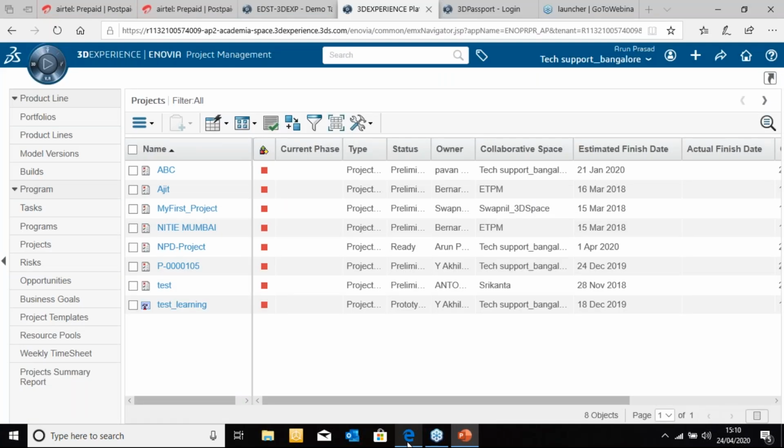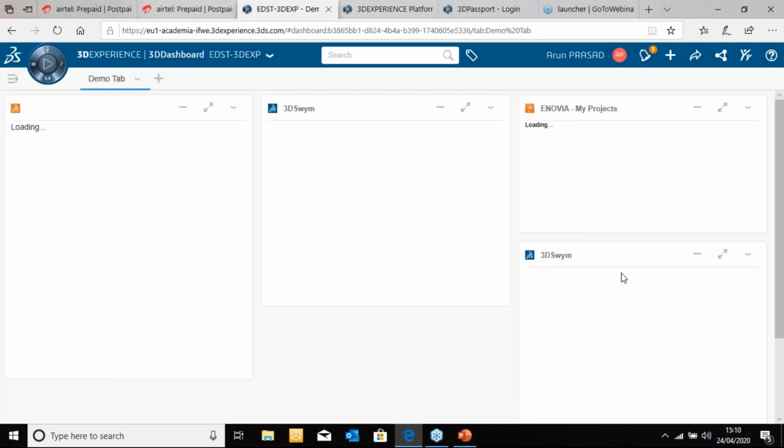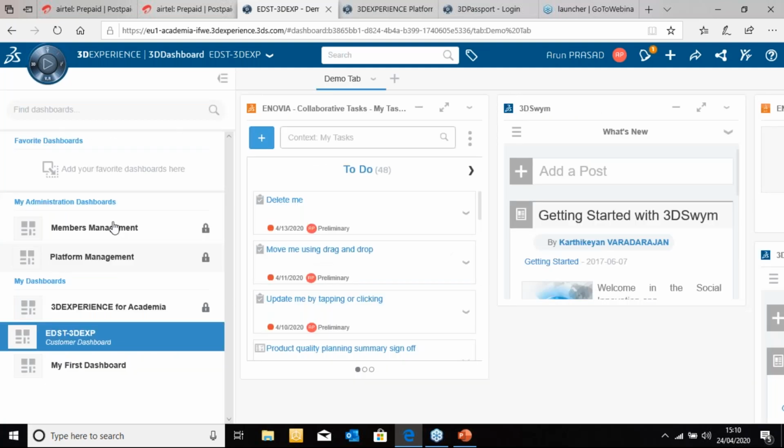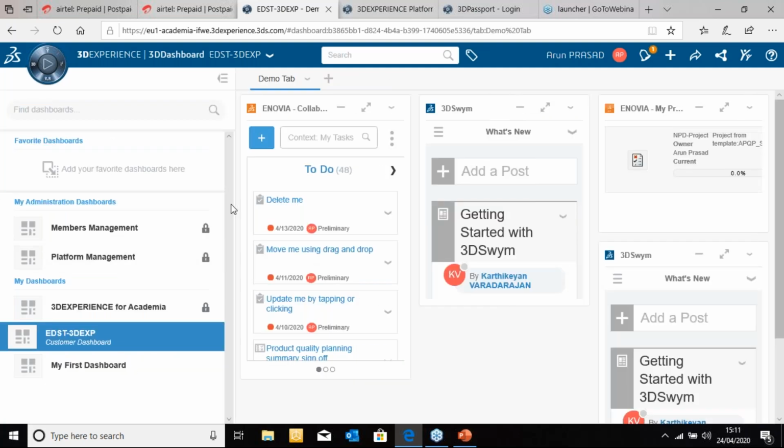As you see here, I have just logged in. While this particular screen is loading, you see there are multiple screens that are visible as part of the system. I can build my own community. The communities are listed down here. Each community can be built as simply as this: you can invite members and add your team members so that they're all available on the same dashboard, on the same platform, to stay connected. You can have a collaborative environment. You can share your information, share and post your ideas, and also post your comments with necessary feedback and so on.